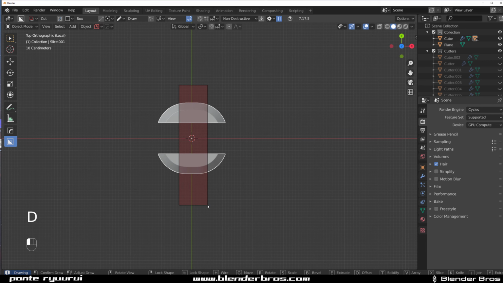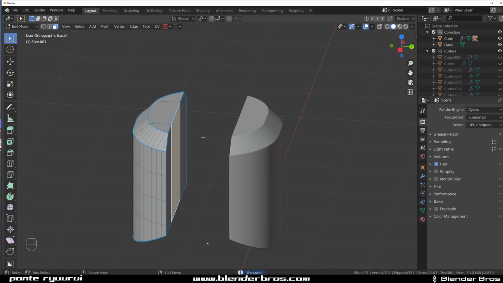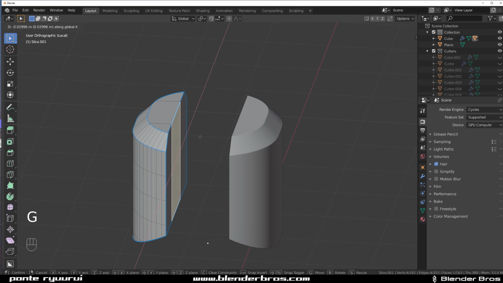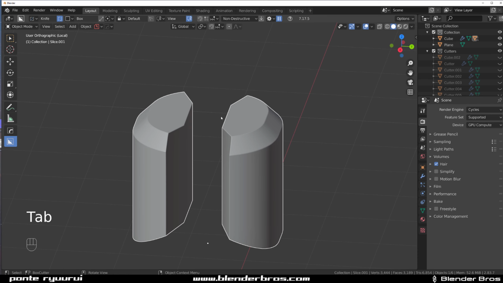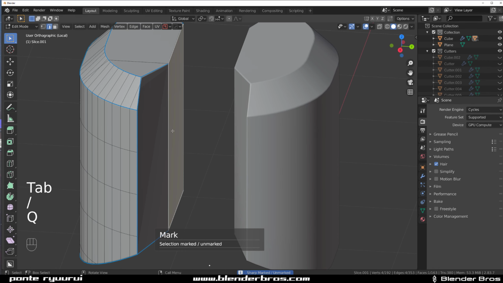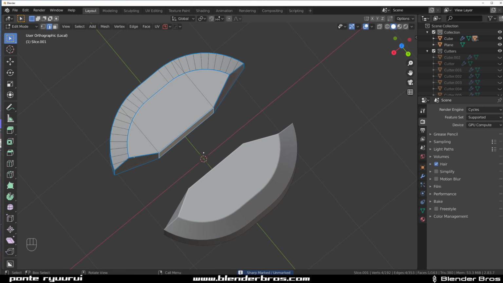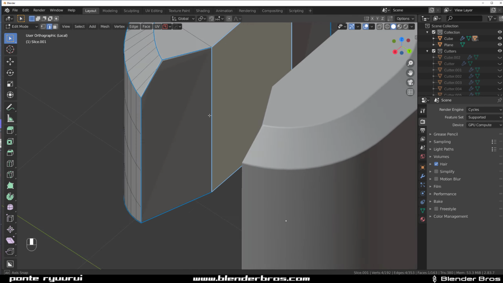And let's just knife them in. Yes, okay, K for knife and slice them. Then I got this and I can play with it. So G X or Y actually, and bring it in. And it's gonna break in, good. And we're going to actually mark it sharp so it does break in. And this is crooked now, so we will need to fix it, but